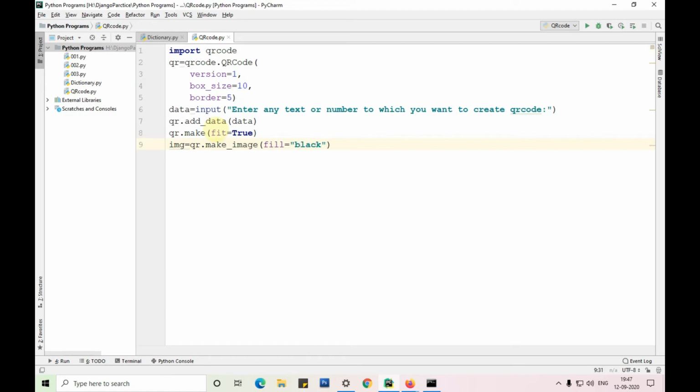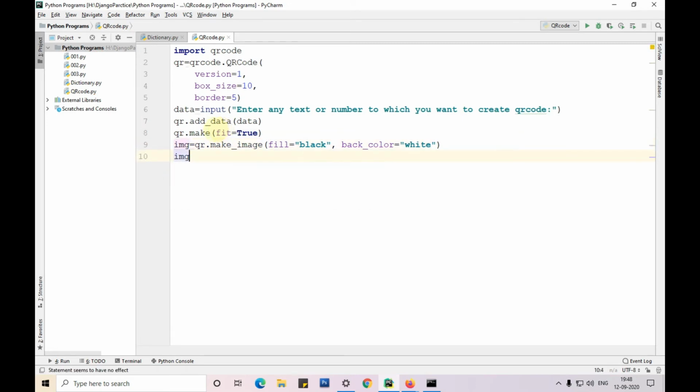I'm creating the QR code in black color. back_color is white. I'm giving the background as white. Then image.save. I'm saving the image that is created using the data. I'm saving the image as 1.png.